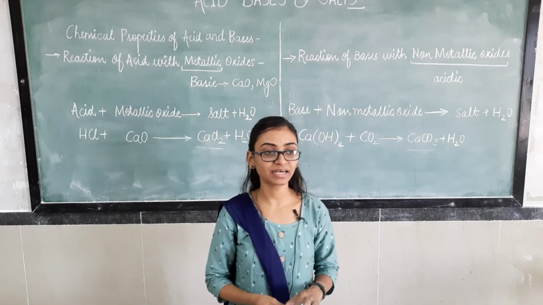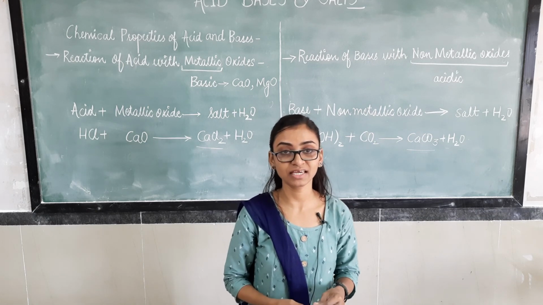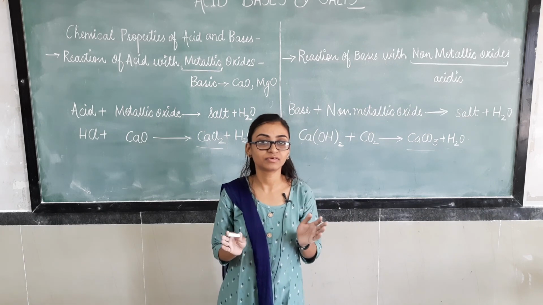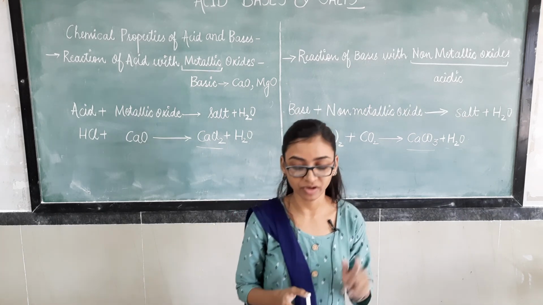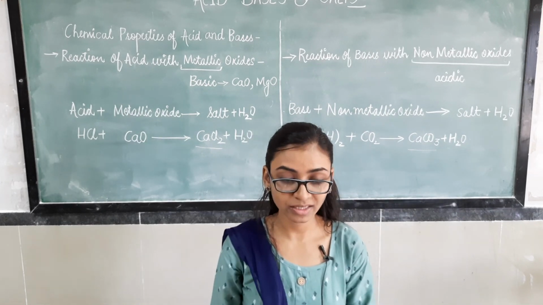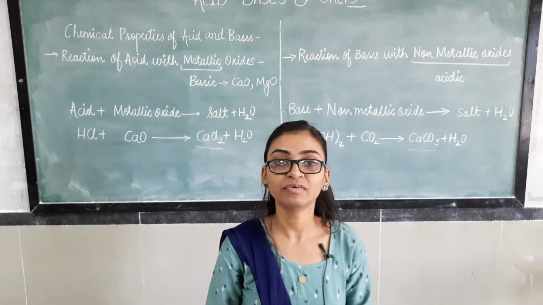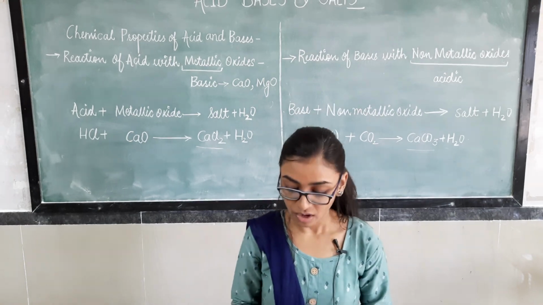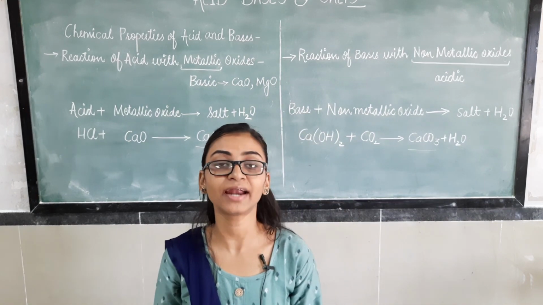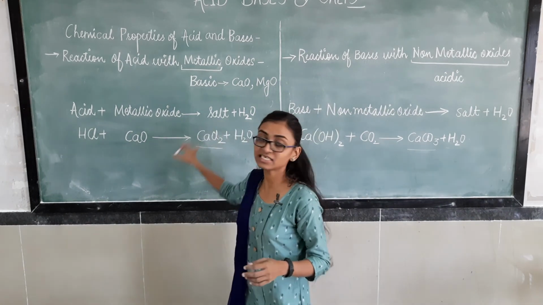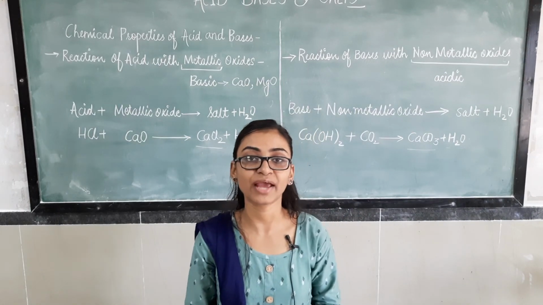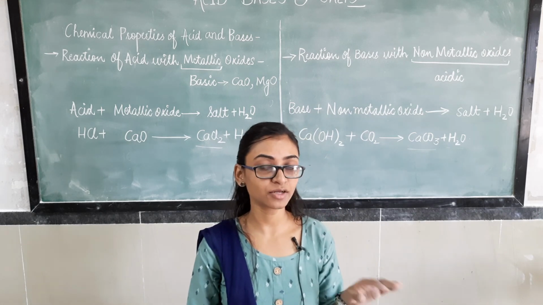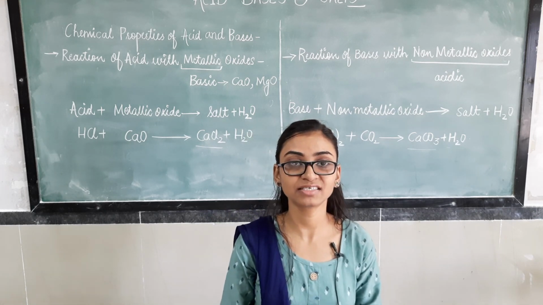So till now we have seen the properties of acids and bases. These are the properties where we have seen how acids and bases react and show the results when they react with different substances. So in this video we have seen all these reactions. In next video we'll learn about pH and about the salt which is produced during all these reactions, right? So till now we have completed all these chemical properties of acids and bases.